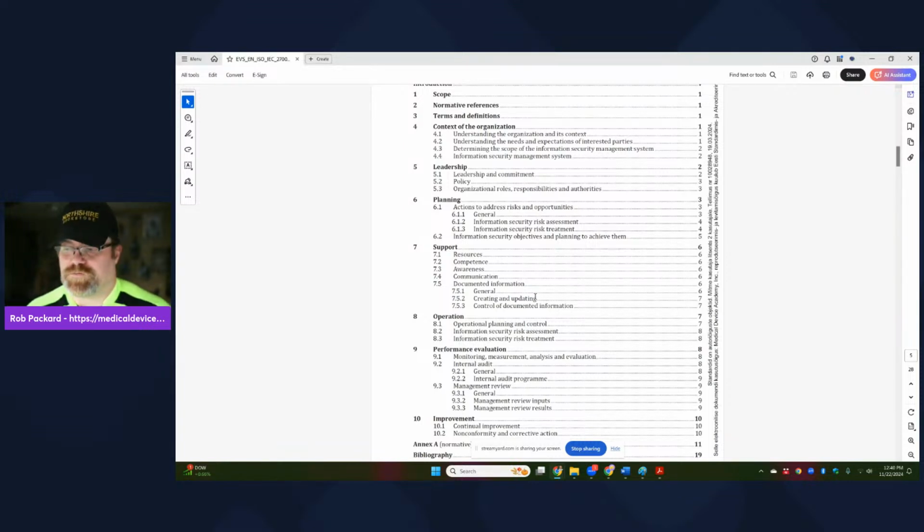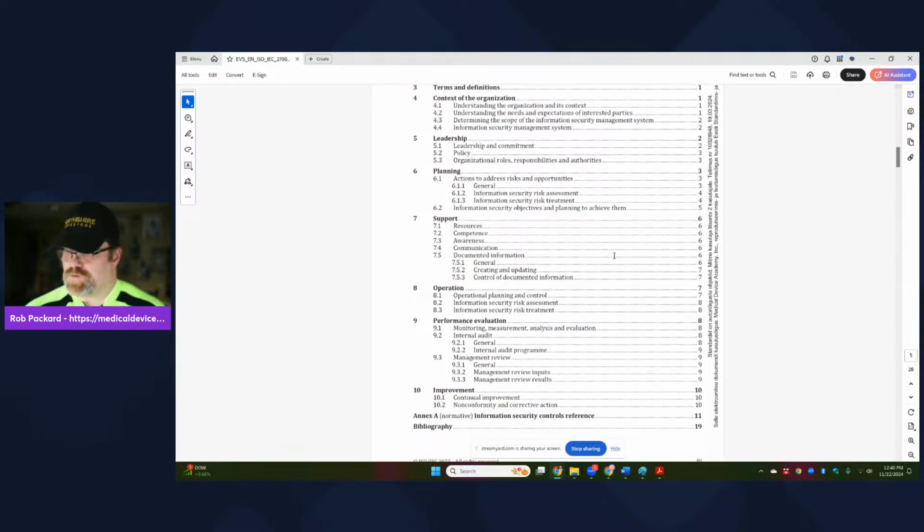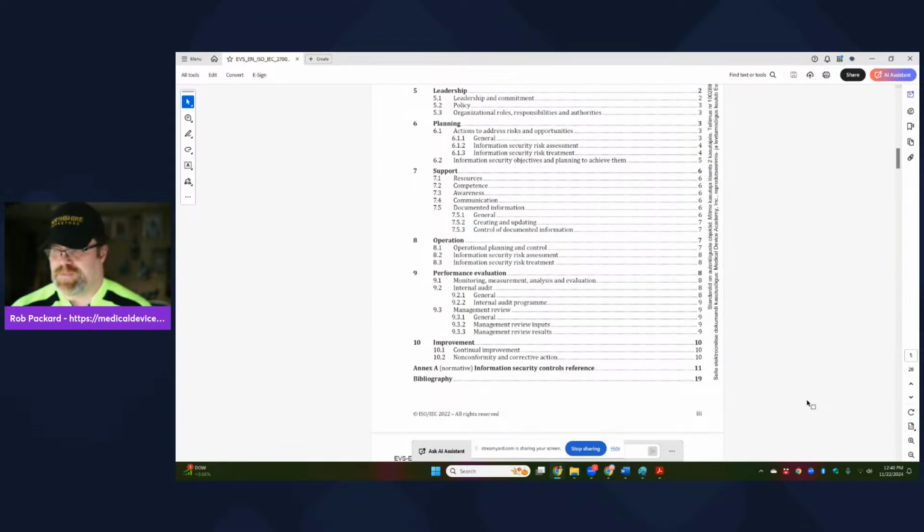Maybe some of the books, things are in the bibliography. If you scroll down the bottom, they always have a bibliography in the bottom of these. So page 19 of the standard would have that information. So that's how you can train on these standards, plus maybe some of your experience. Maybe you were a software developer before you became an auditor. Maybe you've worked on cybersecurity testing, pen testing, vulnerability testing, red team, blue team stuff. So that's something you might want to consider for your training and certification as an auditor, in addition to just being a general lead auditor qualified to ISO